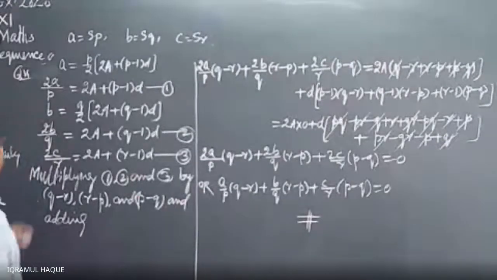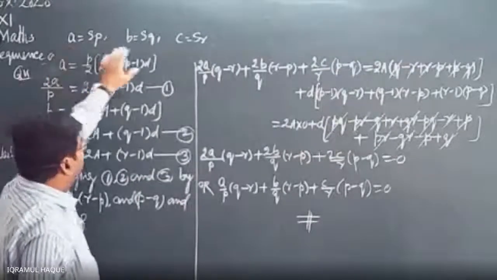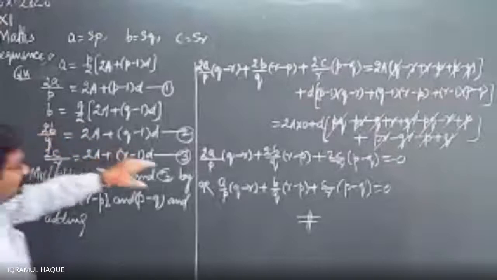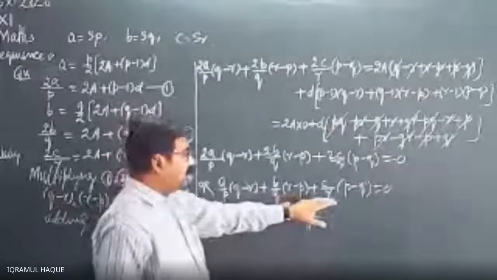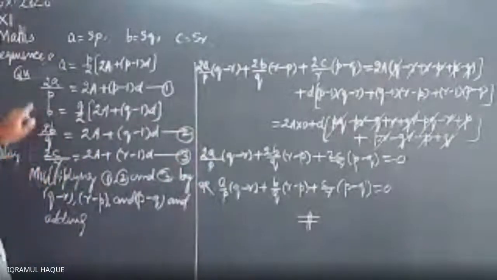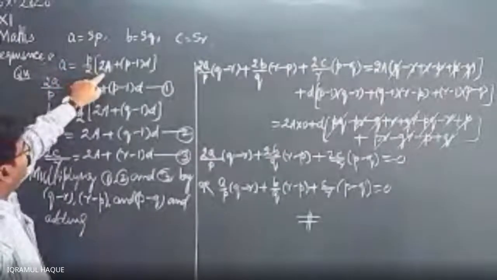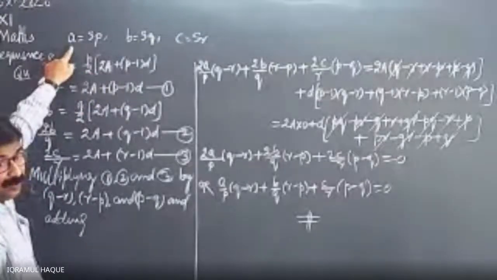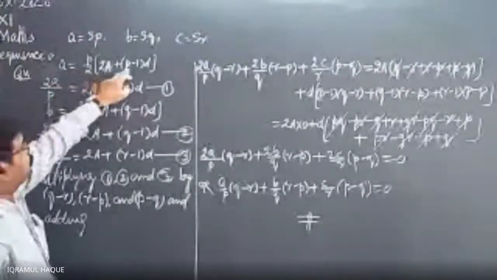See, I am explaining it again. We are given sum of p terms of an AP, Sp is equal to a, Sq is equal to b, and Sr is equal to c. So first, we have to prove this much: a upon p times of q minus r, b upon q times of r minus p, c upon r times of p minus q is equal to 0. This we have to prove. So what I have done, first, find the sum of p terms. Sum of p terms, p upon 2, 2A plus p minus 1 into D. I have taken capital letters because the small letter is already given in the value. So sum of p terms a is equal to p by 2, 2A plus this much.